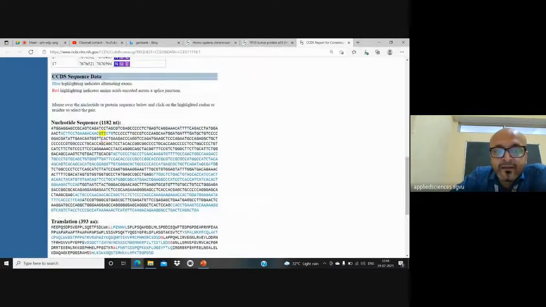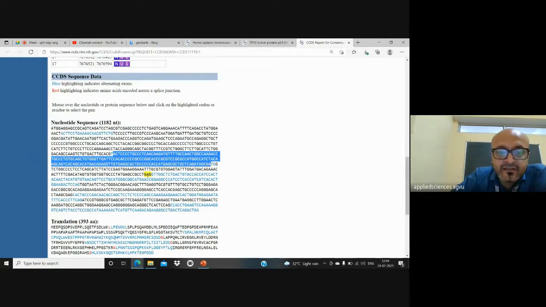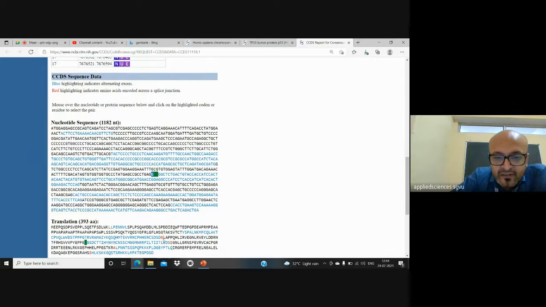They are indicating that these are the alternating exons that are present in this particular protein. The portions of the sequence highlighted in red indicate the amino acids at the splicing junction. To understand RNA splicing, at the splicing junction, the amino acids that are present are encoded in red color